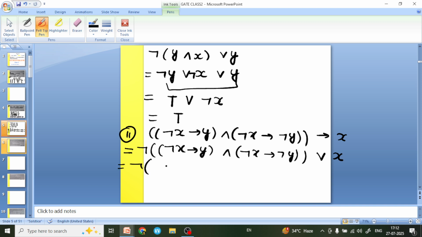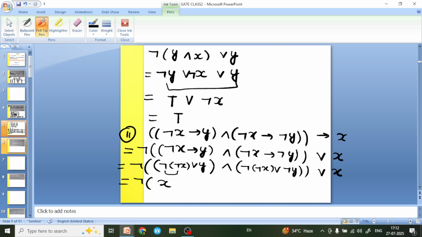Now solve the internal brackets. Not of not x or y, and not x or not y, or x. Now the not cancels x,